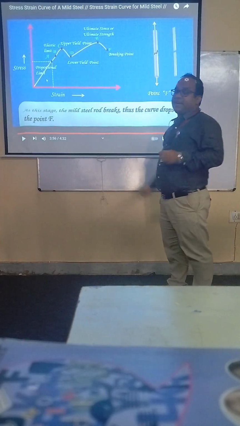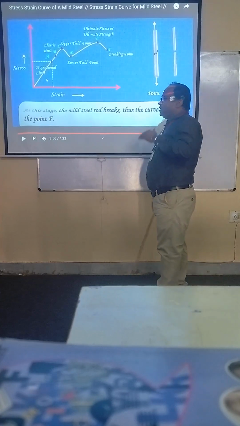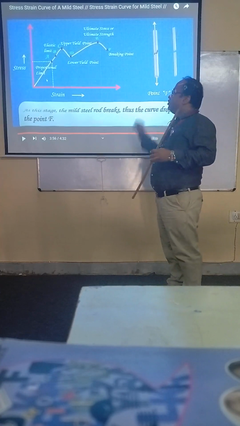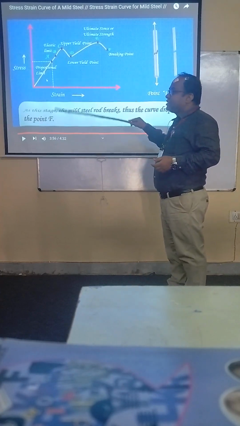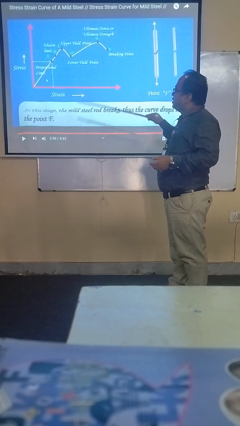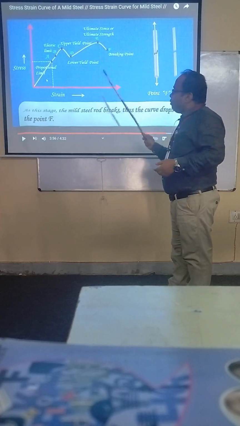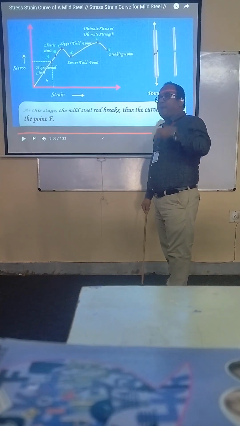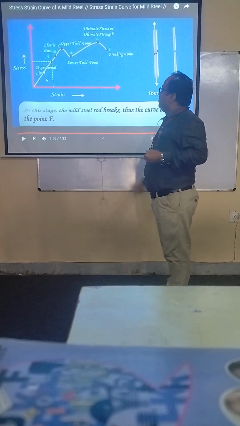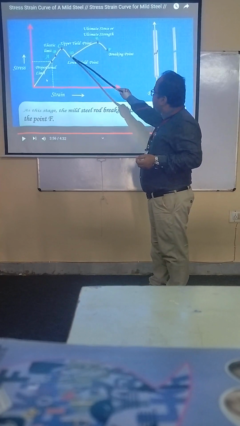This one is called the strain hardening zone. That means it is a wavelet structure, in which the stress decreases, then increases, and finally it is increased. That means at that point the molecules of the material again try to bind themselves. Okay. Next, after that, the stress is increased again.